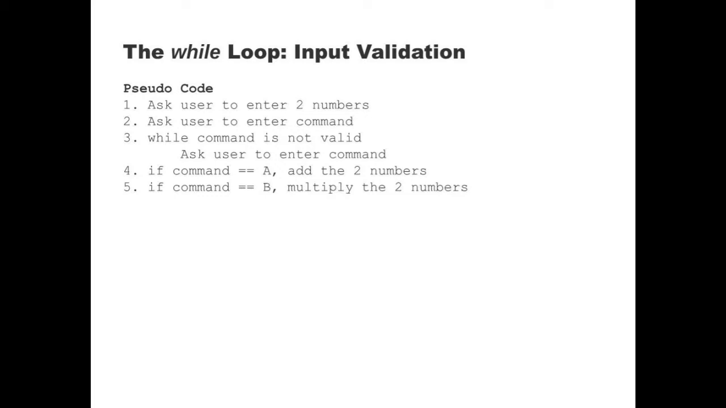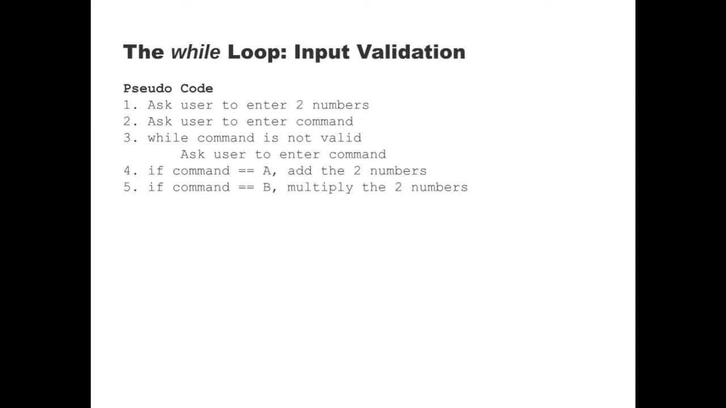We ask the user to enter the command if the command entered in step 2 is not valid. And we ask the user to enter the command again and again until the user enters a valid input. So if the input is not valid, this while loop will keep on asking the user to input the command. So after we have a valid command entered in step 2 or in step 3, we move on to